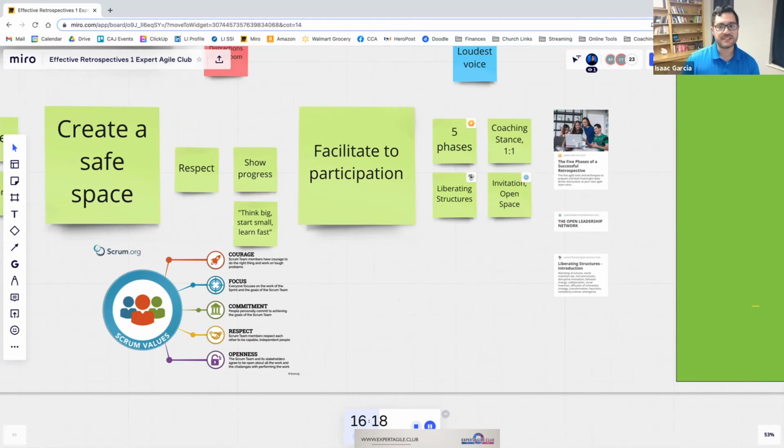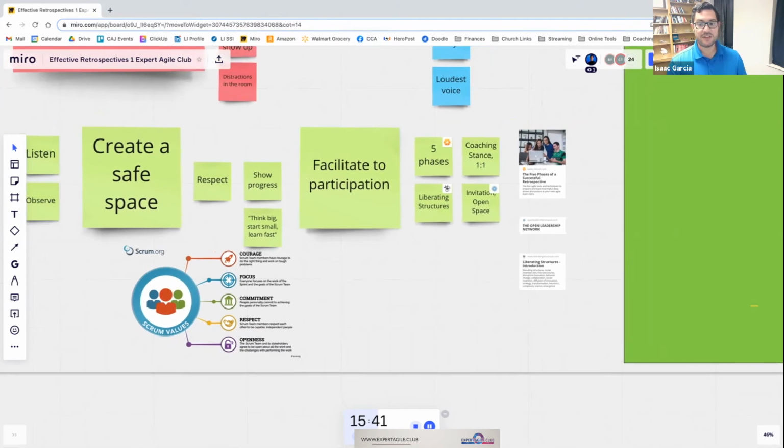And then you want to show progress. If a team feels like they get together every 2 weeks and talk about how to improve and nothing changes, they're going to disengage very quickly. You need to make sure that every retrospective, you're picking something as an experiment the team can influence. And then you want to report back on the progress of that experiment. You want to make sure to bring back stories. Hey, team, this last iteration, we all agreed to do this experiment. What happened? Did it work? Do we need to change? Talk through those things. You want to think big with a team, but start small and make sure you're learning fast.